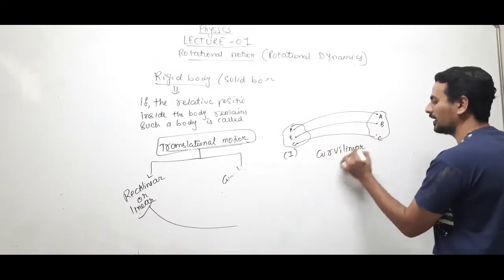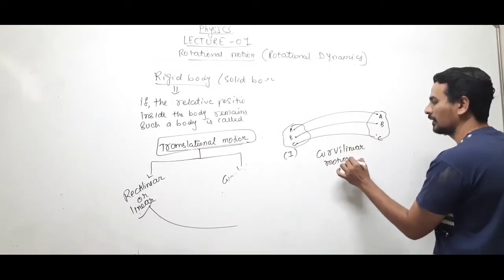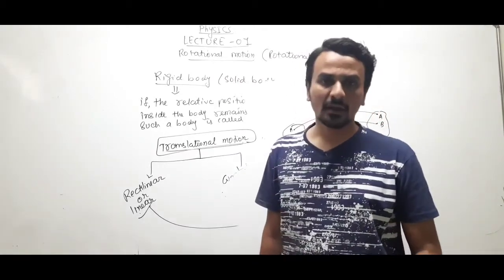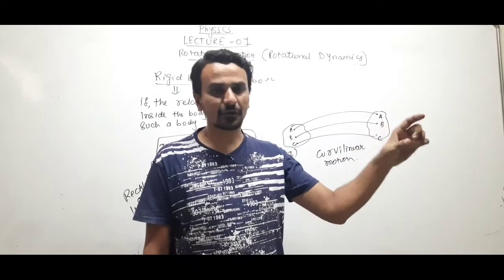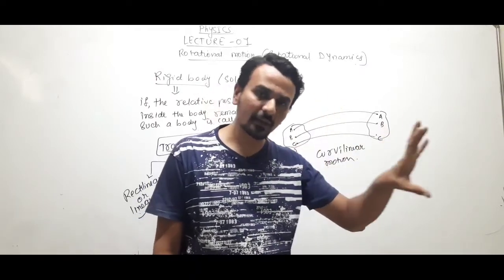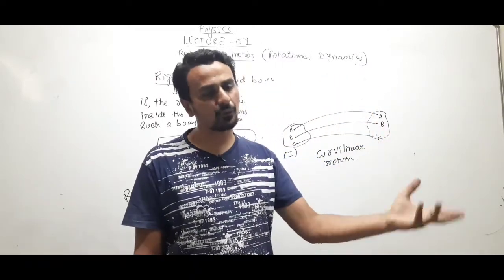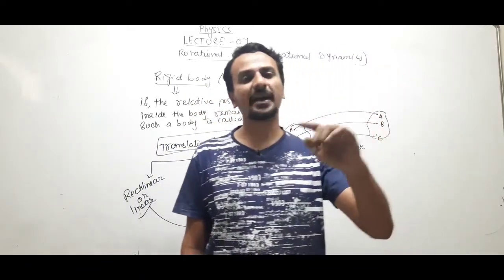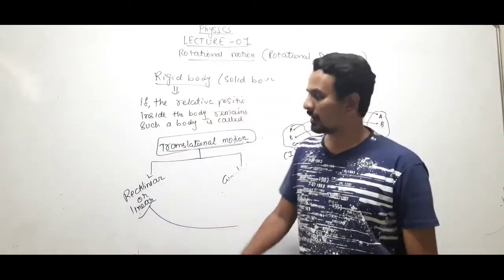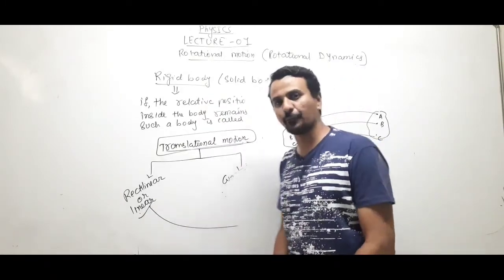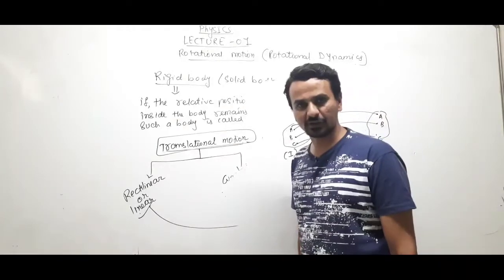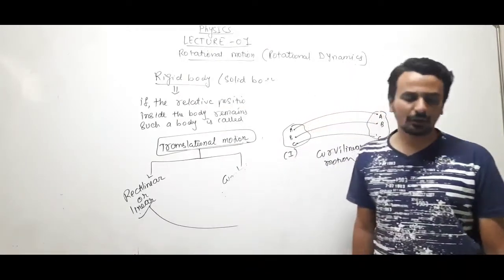Curvilinear motion. Clear? So once again, translation motion means the motion in which the particles of a solid body are moving parallel to each other when motion is done, and if they are moving in a straight line, then this kind of translatory motion is known as rectilinear or linear motion, and if moved in a curved path, then that is known as curvilinear motion. Clear? Okay. Now